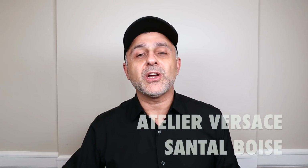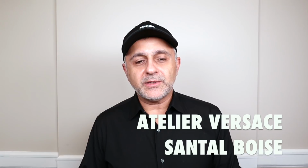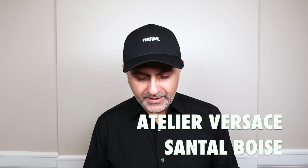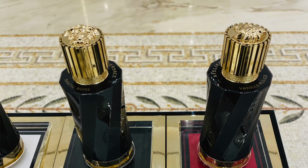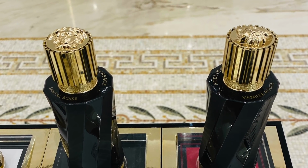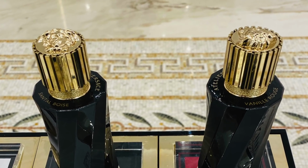I think it's the Santal Boise. So the Santal, I think, is my favorite out of all of these. We shall see. Yes, it's definitely my favorite. I remember it now. This is the one that's created by Christophe Reynaud. He did Issey Miyake Noir Ombre, and sadly it smells a little bit like Noir Ombre from Issey Miyake, but this is a little more,